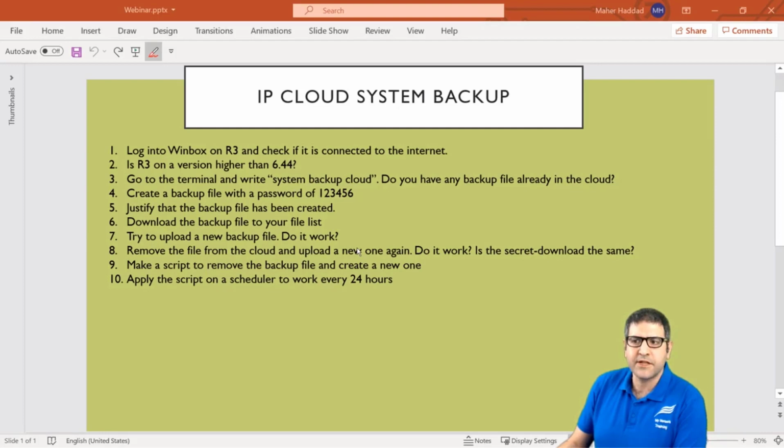Most of you maybe know what the IP cloud is, but I'm going to speak about exactly the backup, which is something new on MikroTik. So since version 6.44, the router has... 6.44 and above, it's possible that you can make a backup